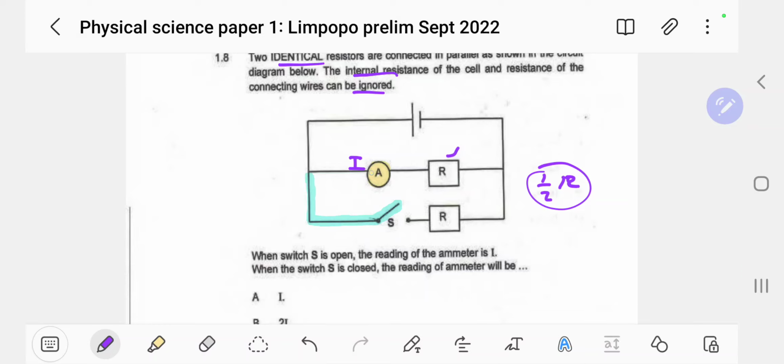You can do that by saying you're going to be having a product over sum, right? The sum is going to be 2R, right? And then the product is going to be R squared, but 2R in the denominator, let's just say R parallel is going to be the product, which is R squared, over sum, which is going to be 2R, because it's going to say R plus R. This R takes that one. So do you see we end up with that? So we are halving the total resistance.